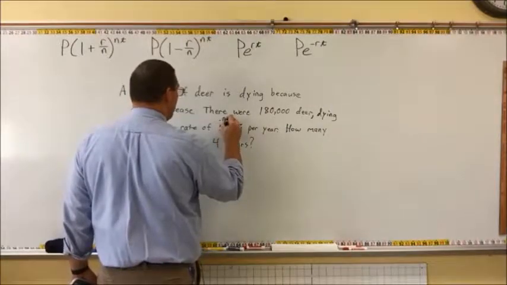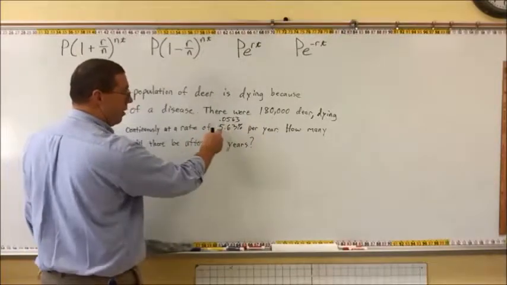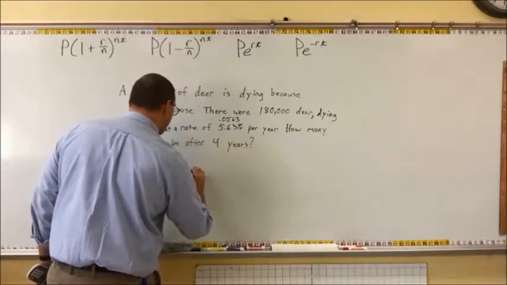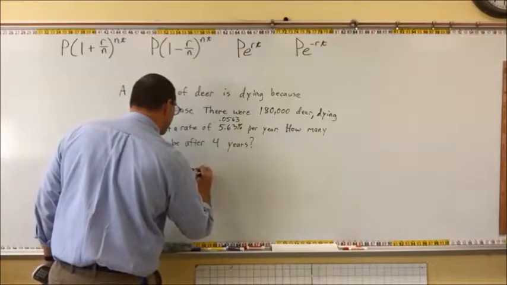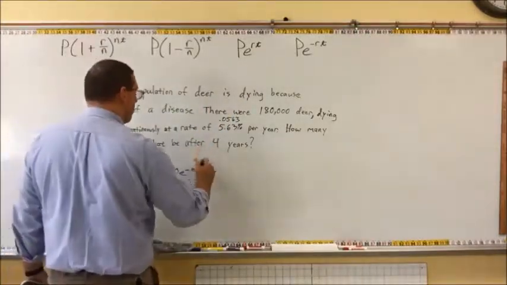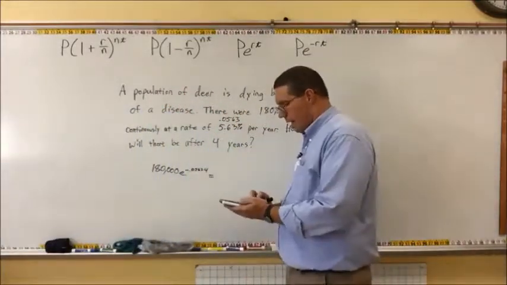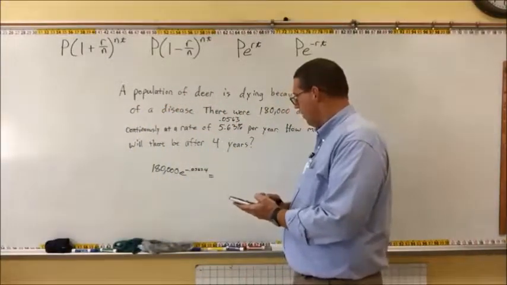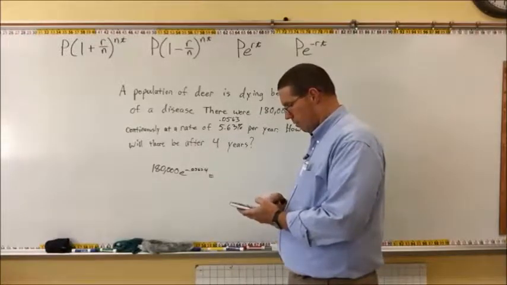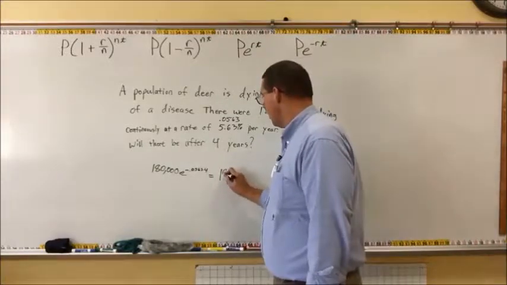That's 0.0563. Move the decimal point over 2 places, right? Or divide by 100. 5.63 divided by 100 is 0.0563. So to the power of negative 0.0563 times time. How many years? After 4 years. So we'll put a 4 here. All right, let's simplify this. Negative 0.0563 times 4 is negative 0.2252. So we've got 180,000